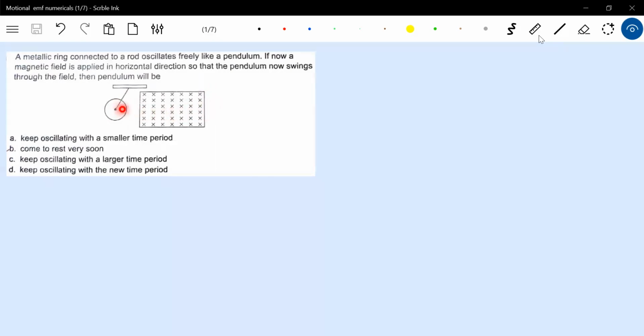and as it is entering there will be a retarding torque. Similarly, when it is leaving also there will be a retarding torque. Like that, every time the disk enters the magnetic field there will be a retarding torque. What is the reason for that? There will be eddy current. I think I'll give some small